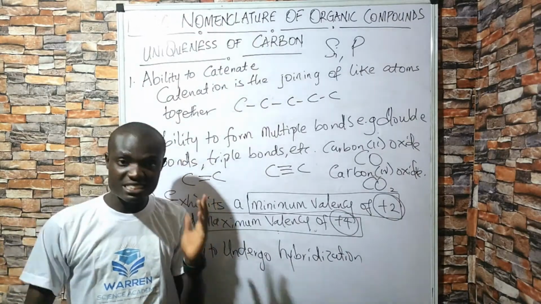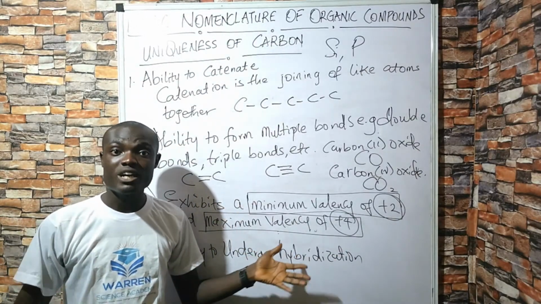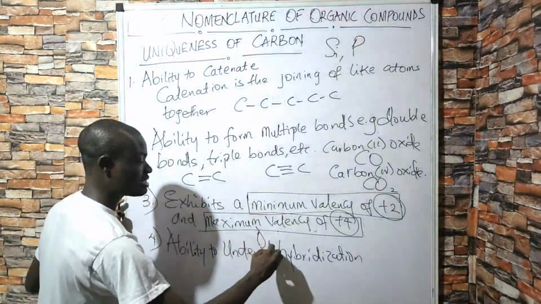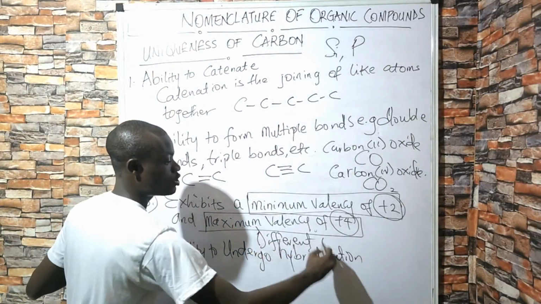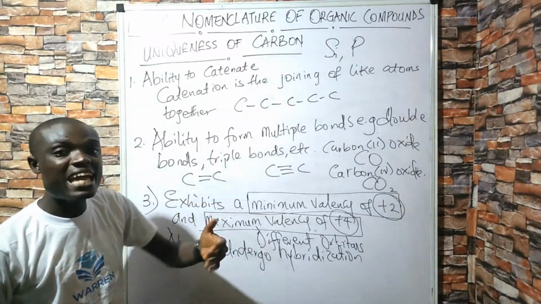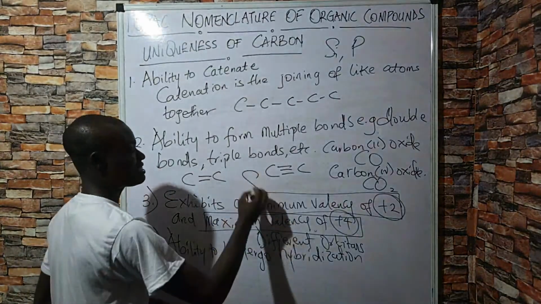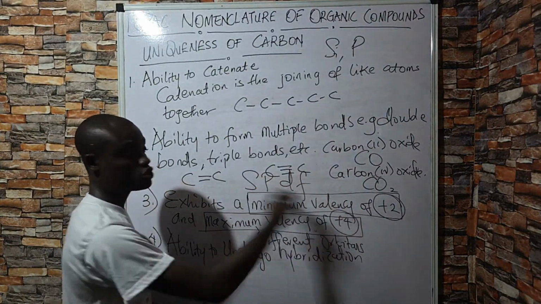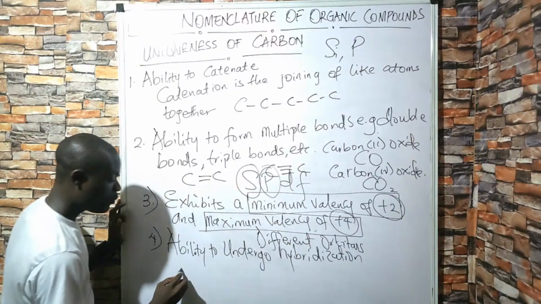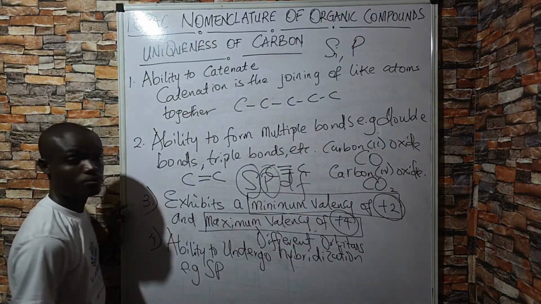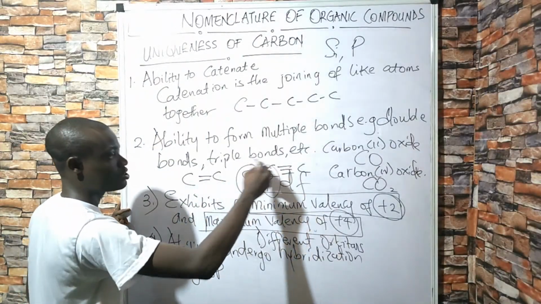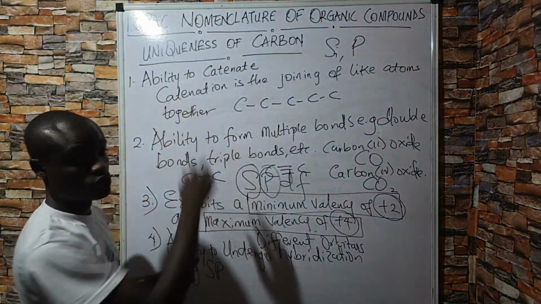So just like the German Shepherd and Rottweiler, in this case we are joining different orbitals to form a new orbital. So in chemistry, we have what we call the SPDF. This is the orbitals. So there could be a case where I join just one S and one P, and we have what we call the SP hybridization. There could also be a case where I join the S, because S can only be one, with P, which can be three. So we can have something like, let me take this part off the board.